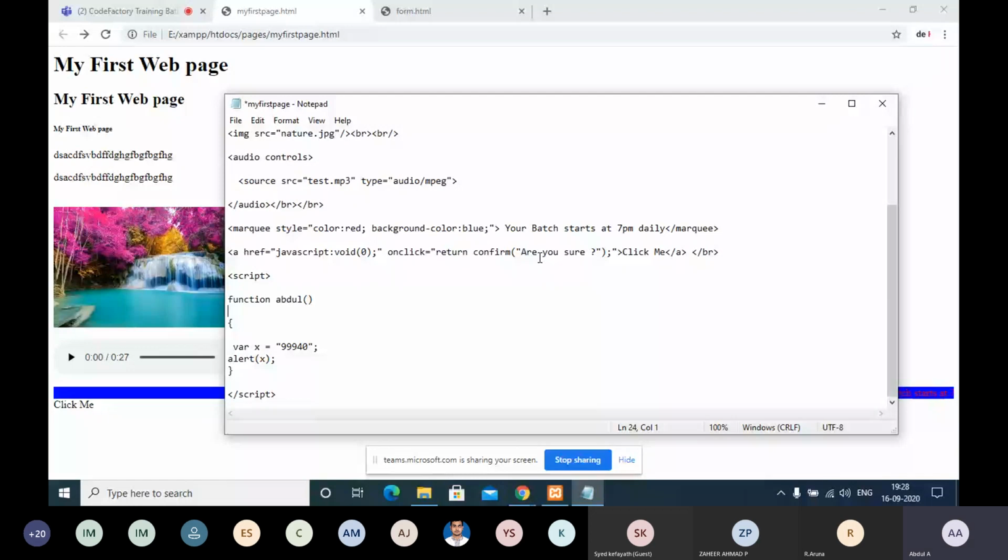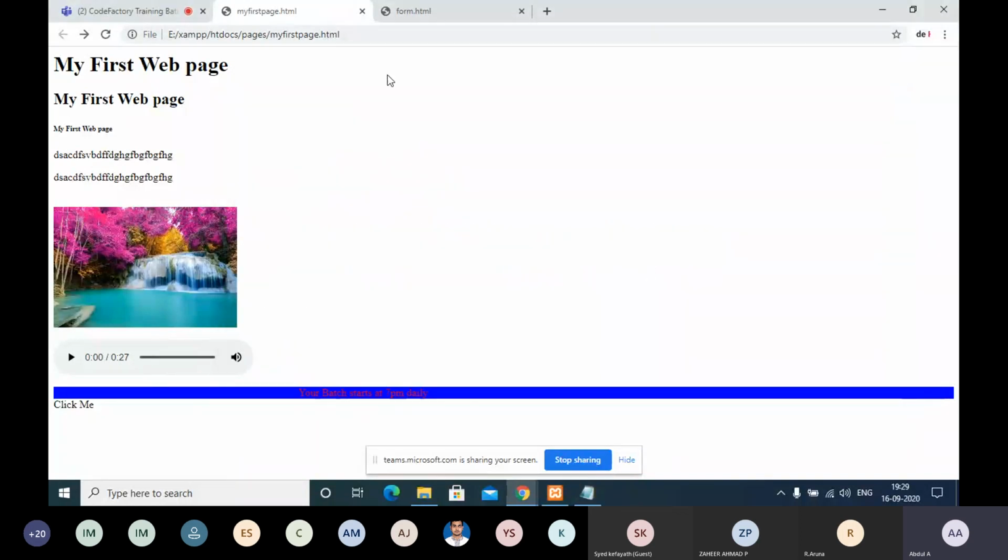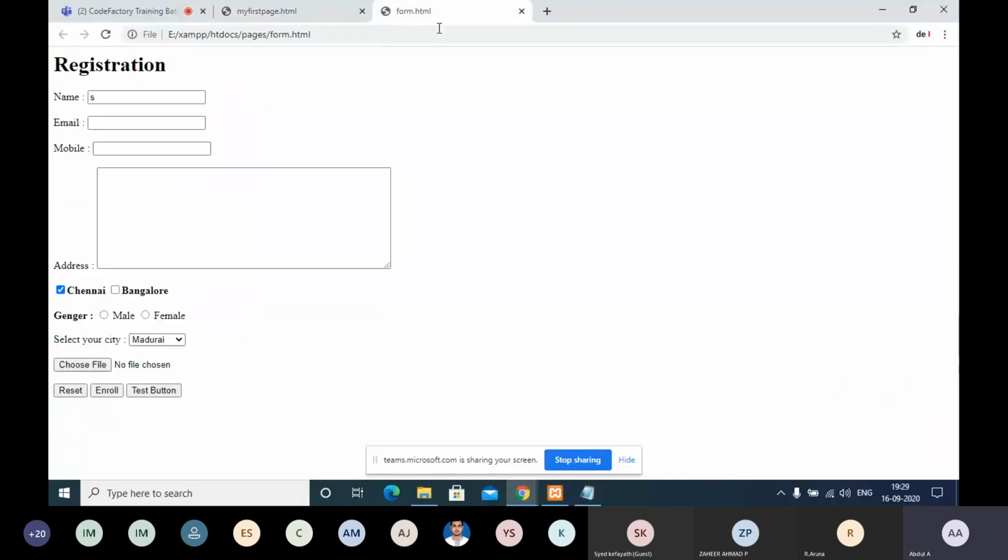Yeah, correct only. My page is not refreshing. So onclick return confirm should return a message. Maybe some small minor mistakes. So let me Google it also.